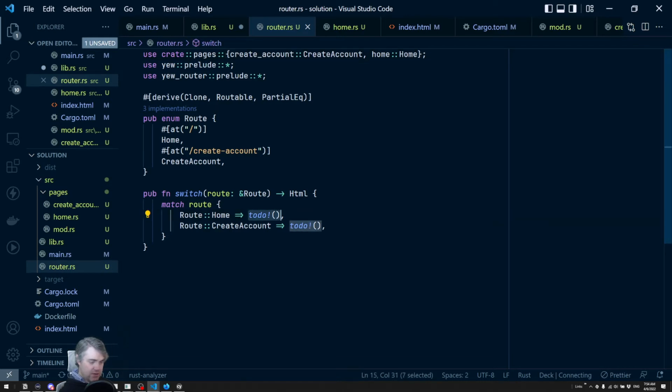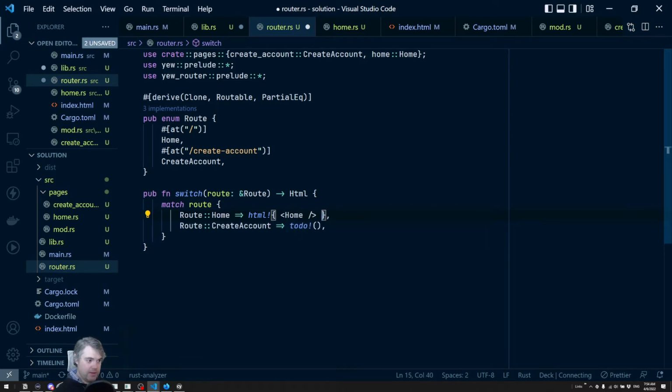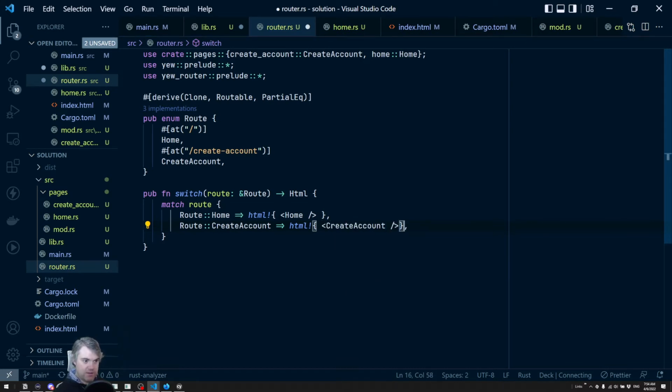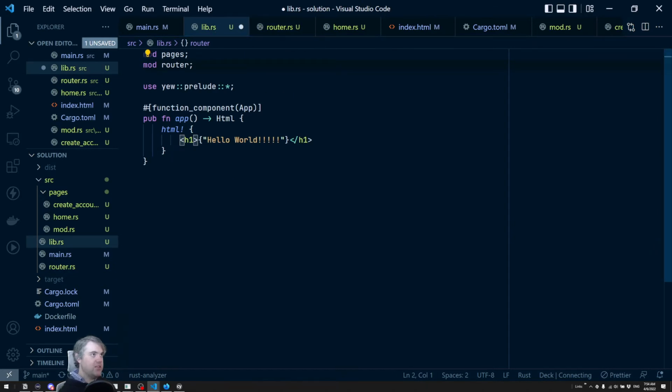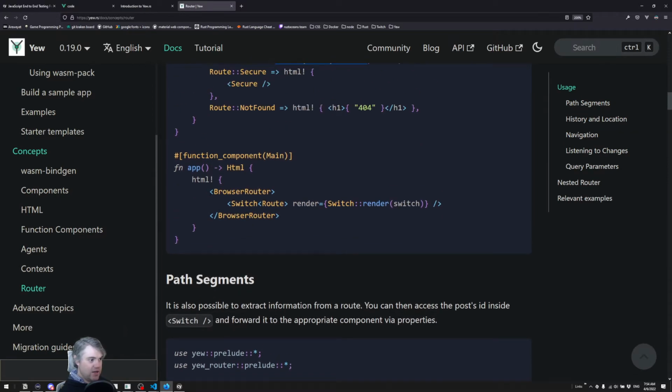And now we're going to say that I want you to be HTML. For home, we want you to be home. And for create accounts, you are create account. Okay, that's you. Back to our main library. We do need to set up this browser router here,